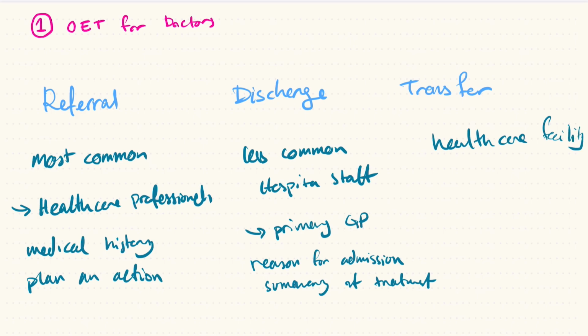So the audience would be maybe some primary nurses, different wards, different departments that would receive this letter. And in this letter, the information that you want to include is the reason for the transfer, essentially the patient's condition